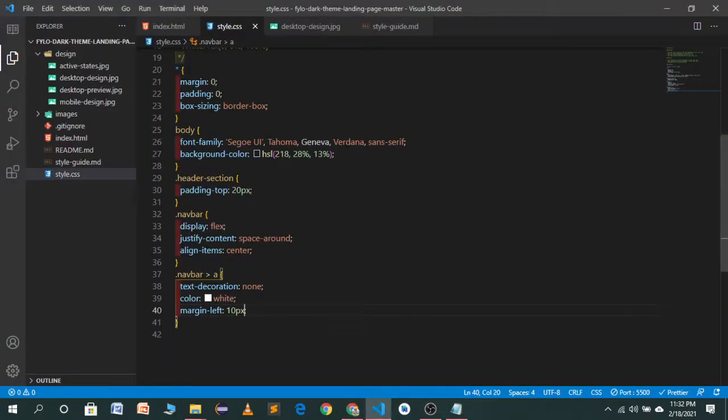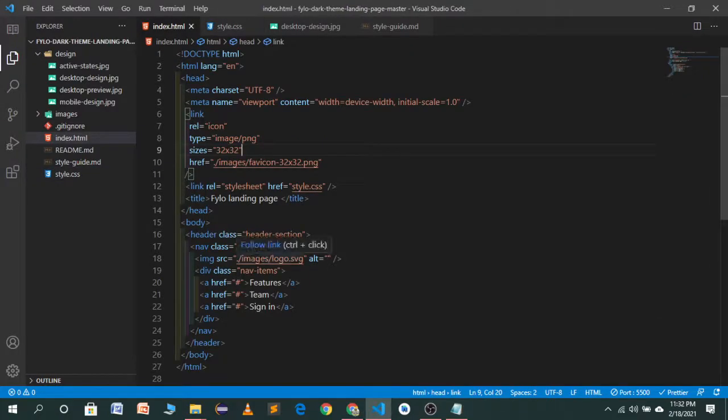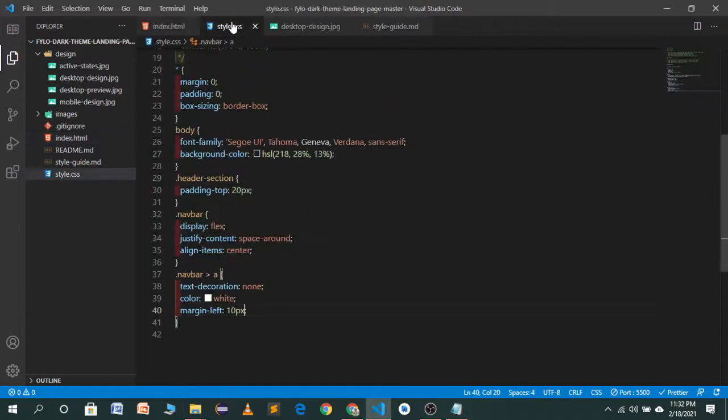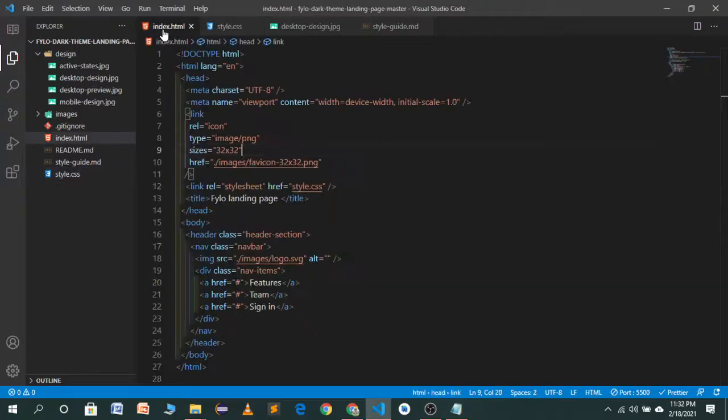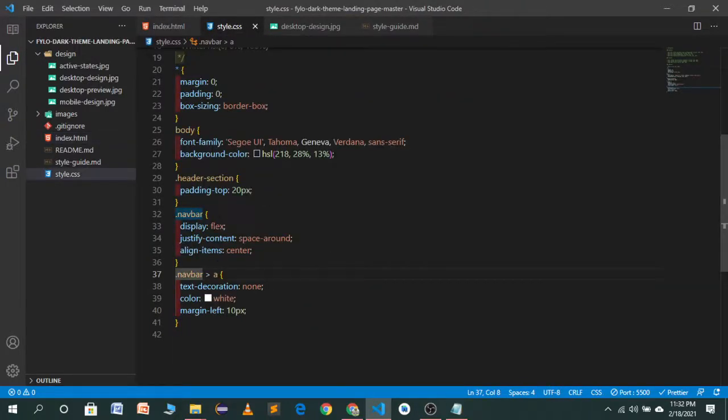No, it's not looking great. So let's see what's happening here in the nav bar. Basically we have to target nav items, not the nav bar, nav items. So let's change the nav bar into nav items and now save it. Now you will see these are looking great, but we have to